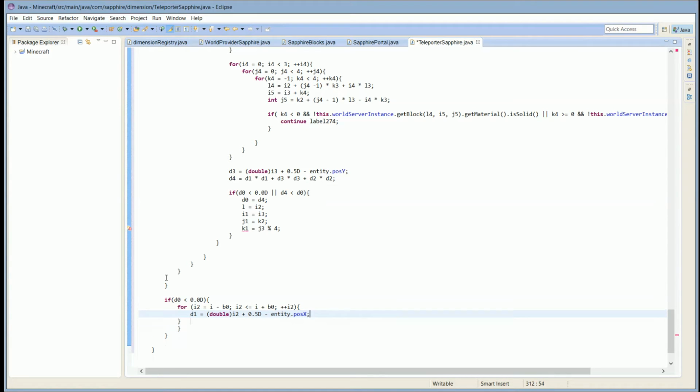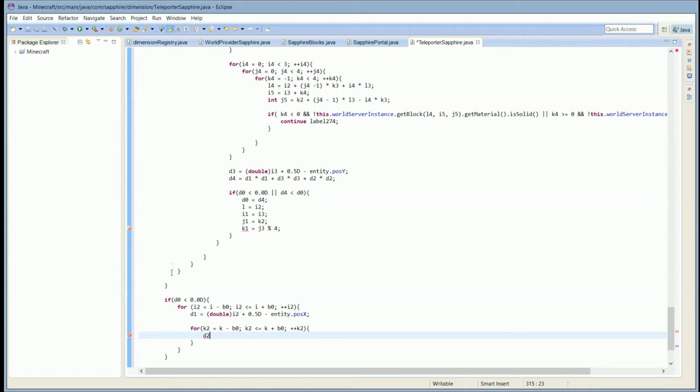Okay. For k2 equals k minus b0, which is 16, and k2 is less than or equal to k plus b0, then plus k2, as always. And in here, d2,